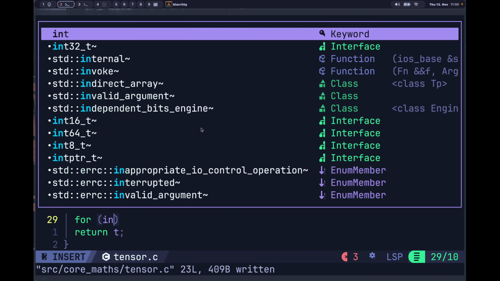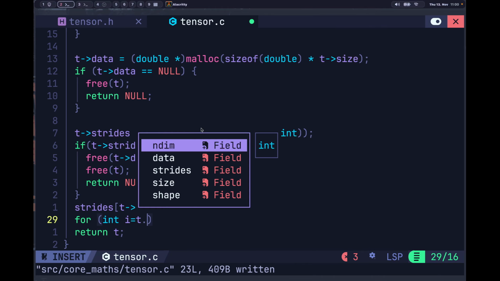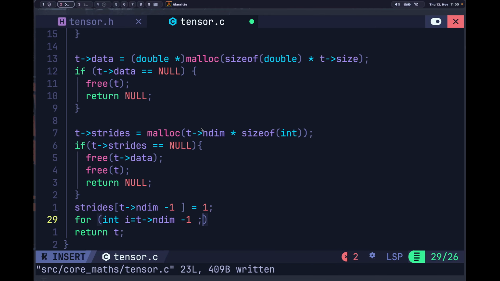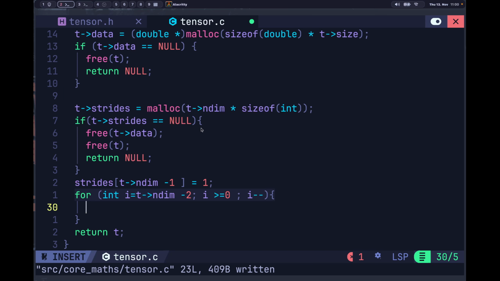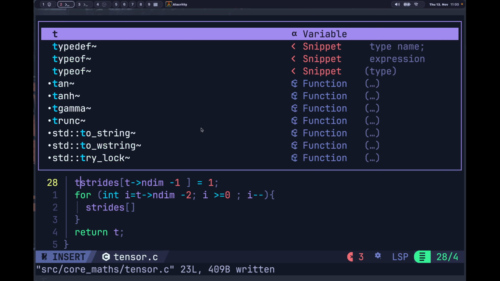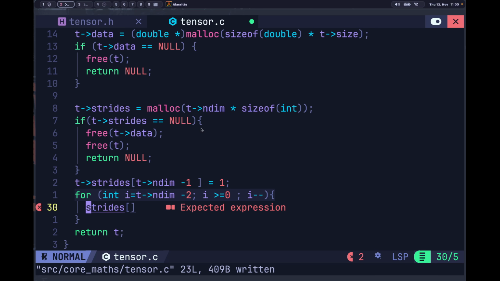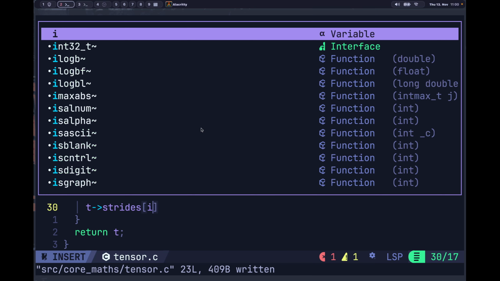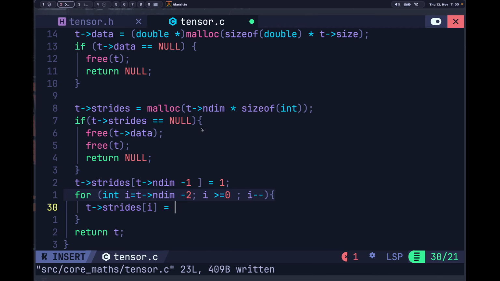For int i equals t dot ndim minus 2, i greater than or equal to 0, i minus minus, we have t dot strides i will be equal to